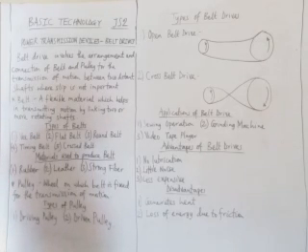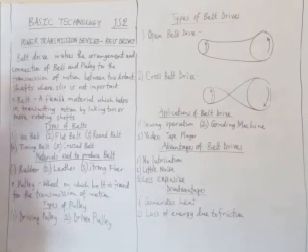Now, let us look at what exactly is belt and what is pulley. Belt can actually be defined as that flexible material that we use to transmit power by linking two or more rotating shafts or pulleys together. That flexible material which helps us in transmitting our motion or power by linking two or more rotating shafts or pulleys together. That is what we call our belt.